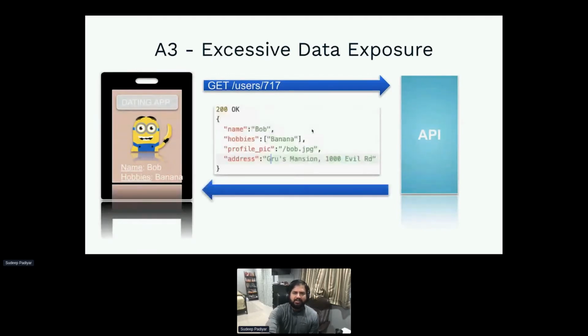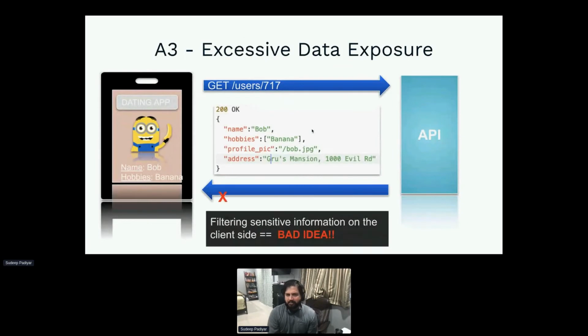And as a result of that query, you will see that the name and hobbies and other data, including the profile picture, is rightfully returned, because you need to render that information when somebody is looking at that particular profile. But what you don't realize is that as part of this request, the address is also being returned, right? And that's not something which is going to be rendered on the UI,